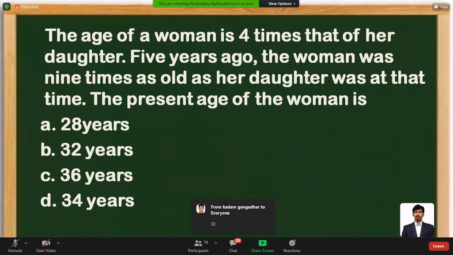So the age of the woman is 4 times the daughter's age. So the woman's age, I don't know. Let's assume this as 4 times the daughter's. Five years ago. That means the woman's age right now, if it is W, the present age of the woman and daughter, if you assume